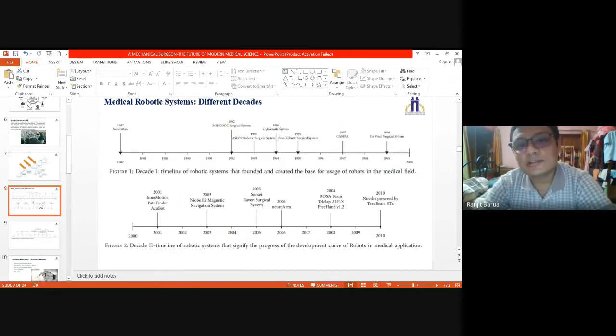This is the medical robotics system across different decades. In 1987, the Neuromate was introduced as the first medical robot for medical surgery, but initially it was too tough. Later, from 1987 to 1992, the Robodoc surgical system was introduced, and gradually it kept going on. One of the most important things is that in 1999, the Da Vinci surgical system